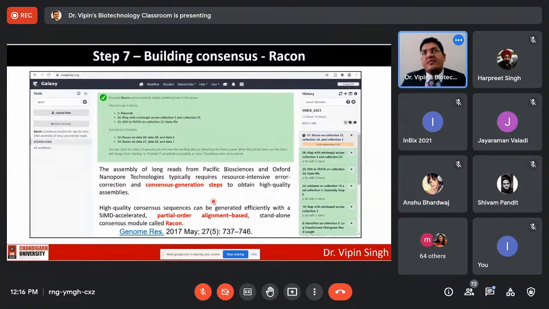So basically, if there are multiple points where multiple sequences have the same nucleotide at a given nucleotide position, it will look for the most frequent nucleotide, and that would be your consensus, and therefore this may be more precise in terms of individual nucleotides. The assembly for long-read PacBio and Oxford Nanopore typically requires several correction and consensus generation steps to optimize